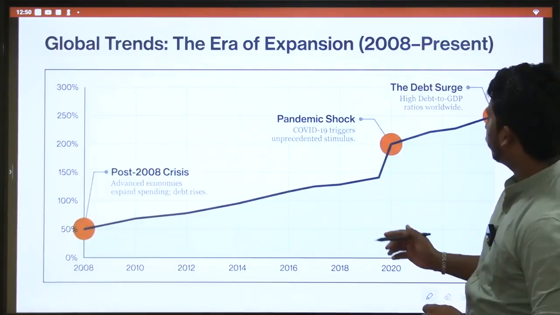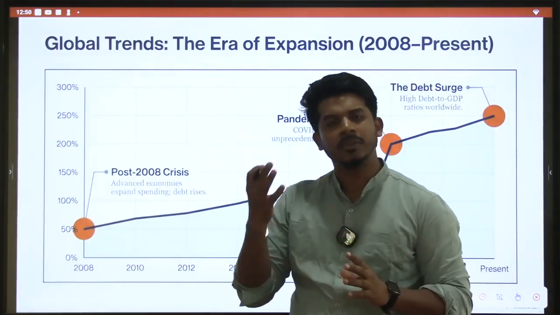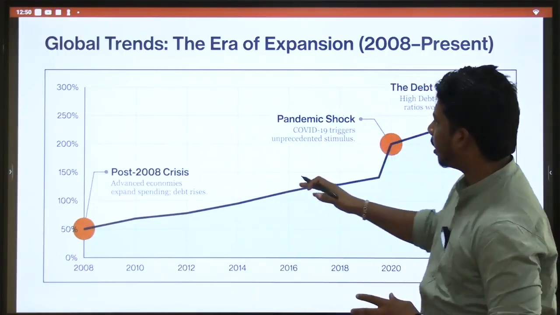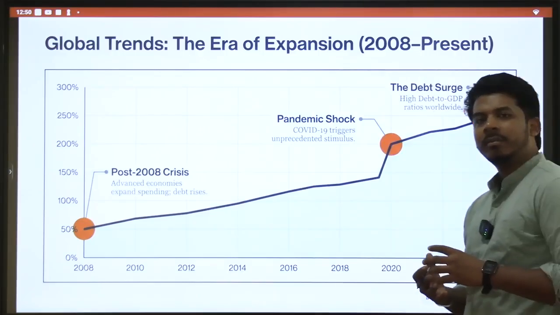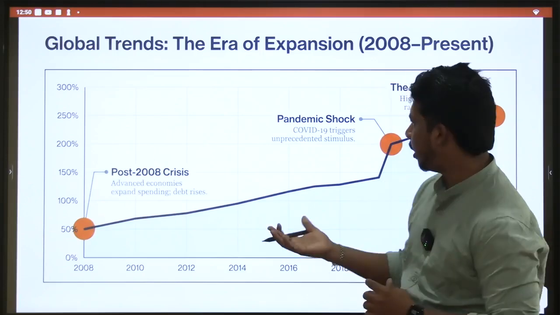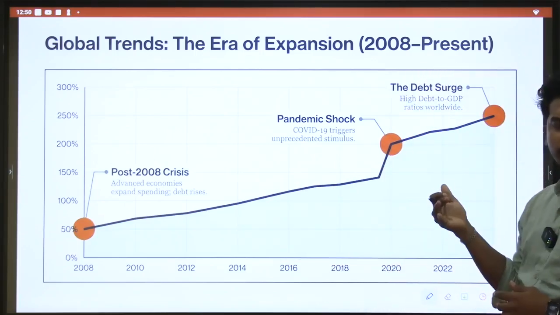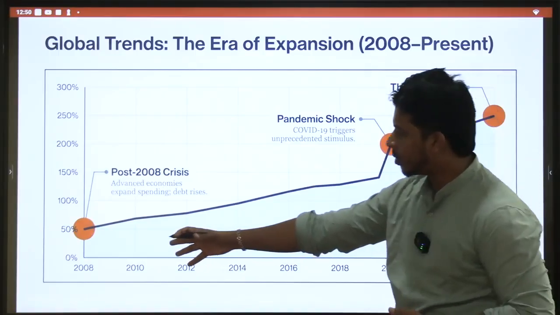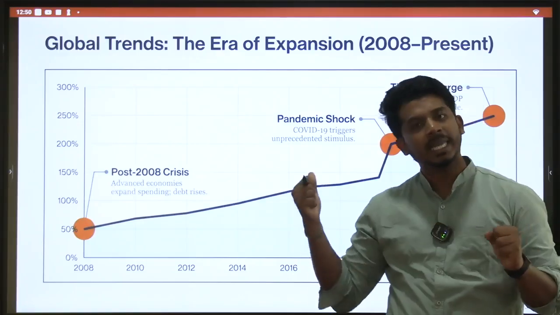It started from the 2008 crisis. In 2008, the whole world saw a severe financial crisis. Starting from that, we are seeing a big increase in the loans borrowed by many countries. The debt level of the world is continuously increasing. After 2008, within a few years, we again saw the COVID-19 pandemic. So the borrowings of the various countries across the world are increasing continuously.